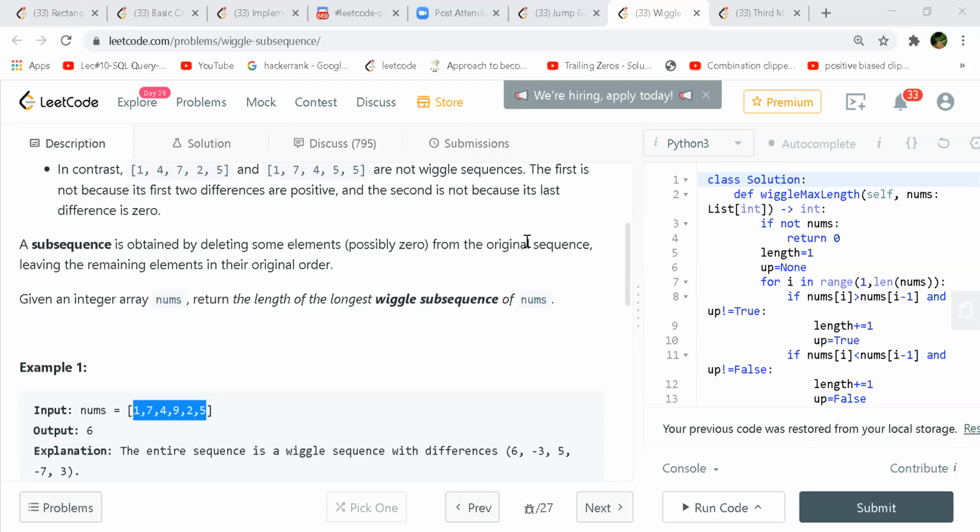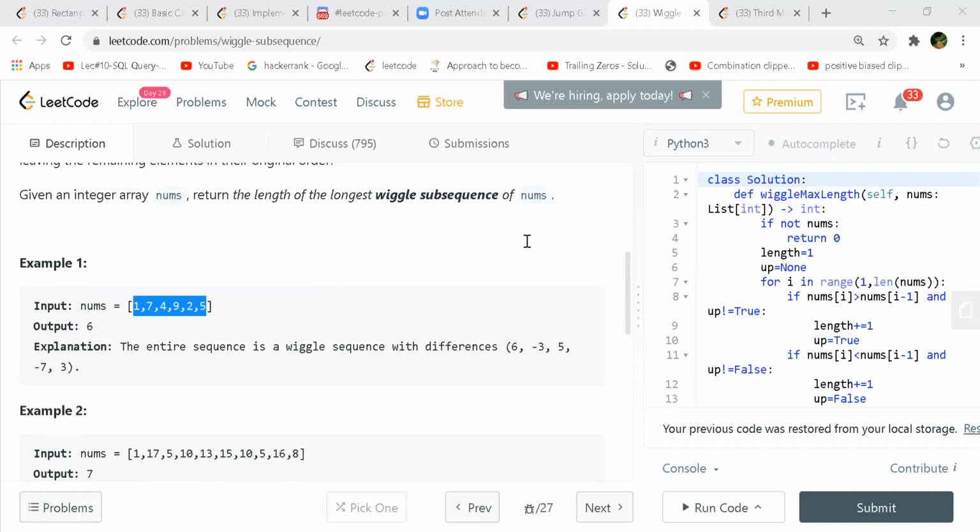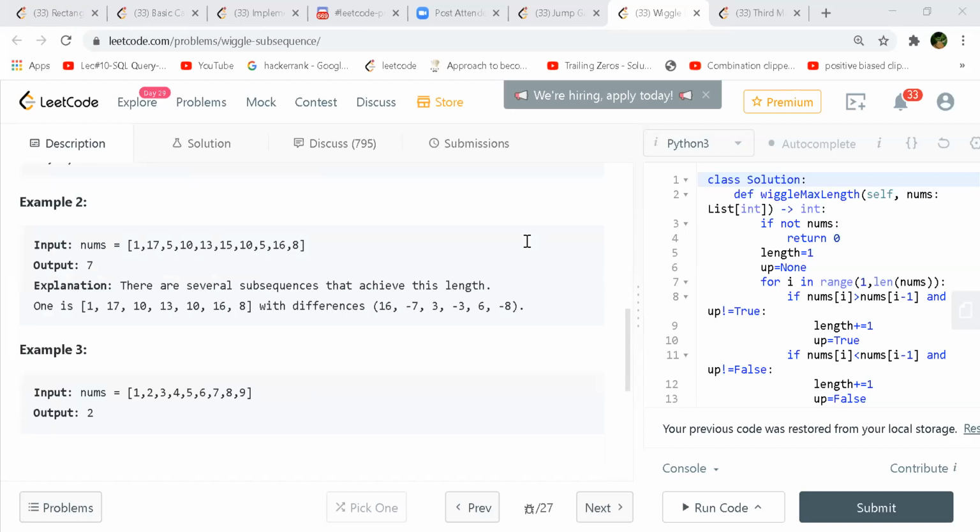But if we take some other example, I think this one is better. No, example 2 is also the same, right? So in that case, if we do it the way you are saying, starting from left to right and then keep on looking for alternates, and if we don't find it, then we don't increment our current count, so we'll have to do both ways, right to left and left to right, isn't it? Is it only that, or will we have to do something more?